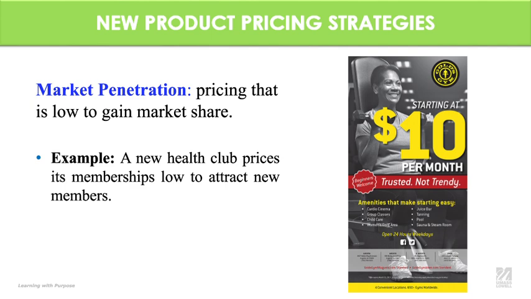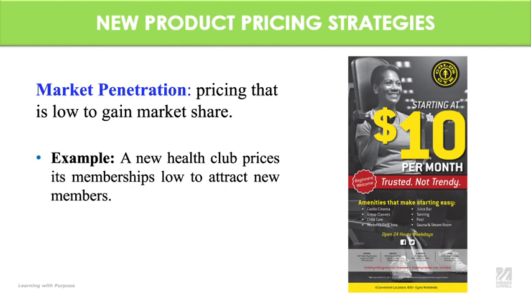So basically, you start pricing as low as you can, lower than the competition, so you will attract a lot of people. Some people will move from other gyms to your gym because yours is cheaper now. After they are inside your gym, you can say, okay, now we are charging 15, now we are charging 20, now we will have this VIP program that you can pay more. So then you can start trying to make money out of other things.